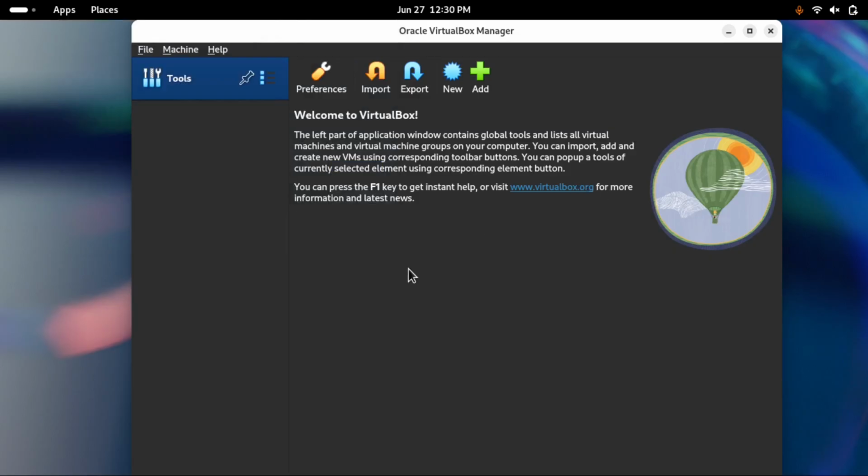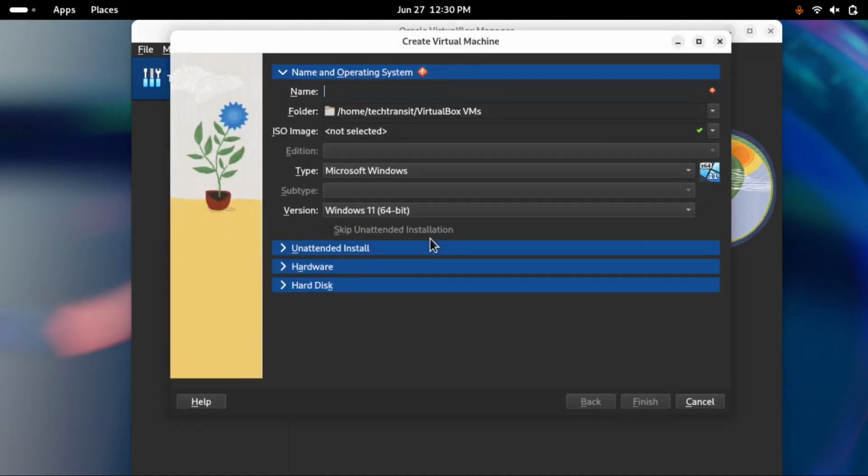After download, open VirtualBox, click on the New button, and give a name to your virtual machine. I am giving my virtual machine the name AlmaLinux_10_server. After giving the name of your virtual machine,